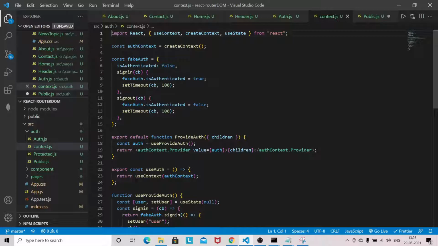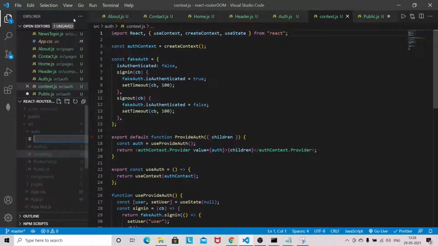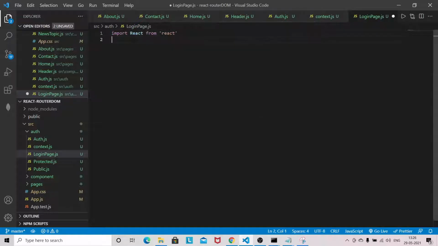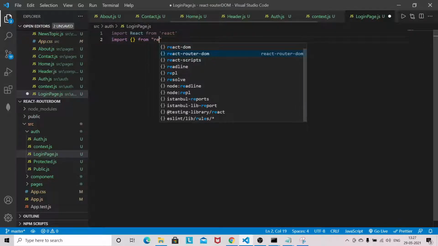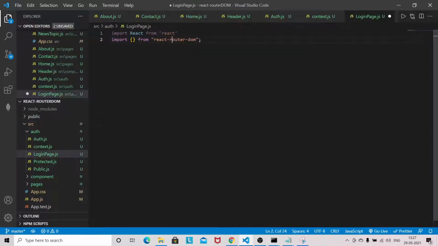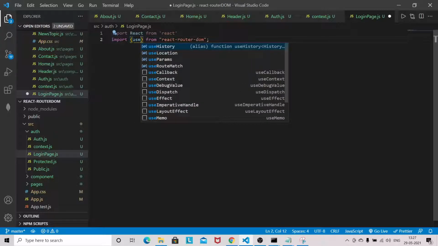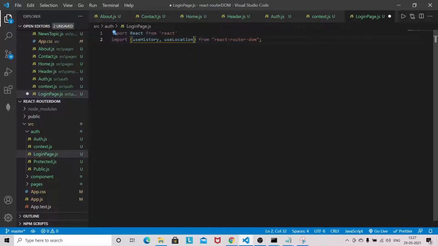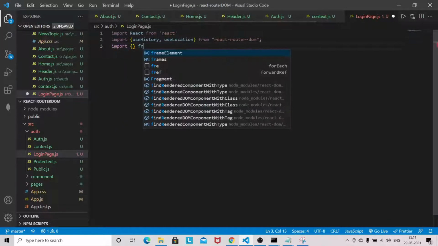Okay, so now we will create a login page. We just need to import a couple of things from React Router DOM: useHistory, useLocation.